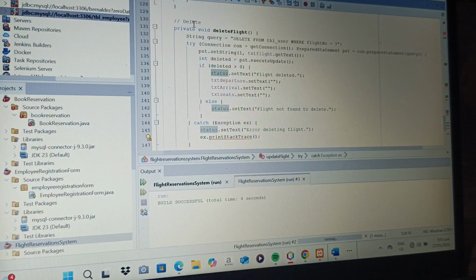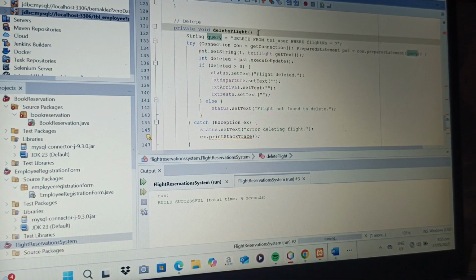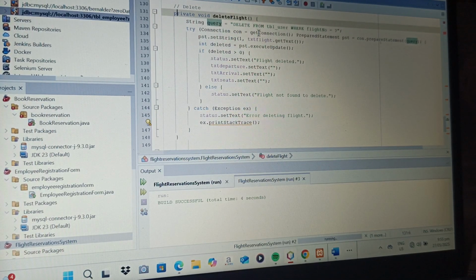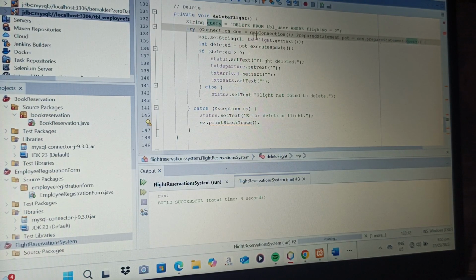So we have to move to another, the delete method. In here, this private void deleteFlight prepares an SQL delete query to remove a flight by its number. And this try executes the delete query.